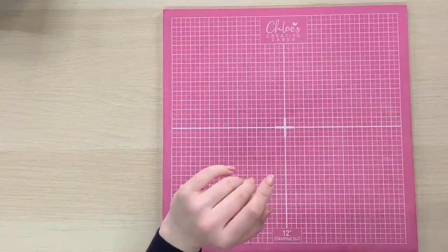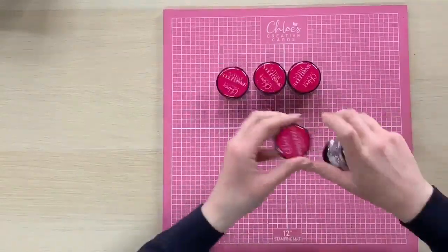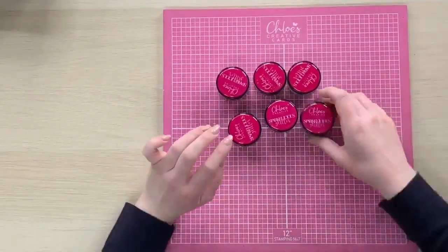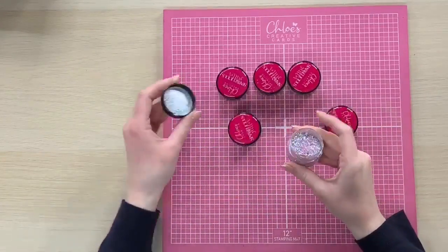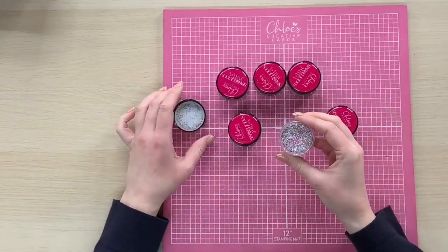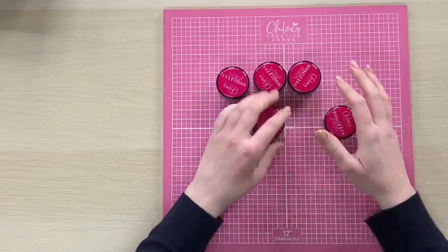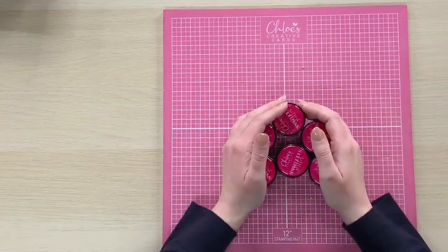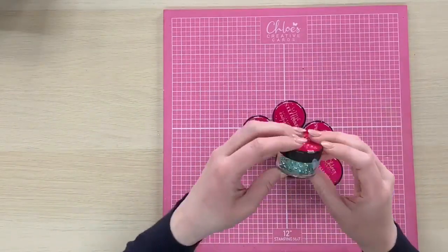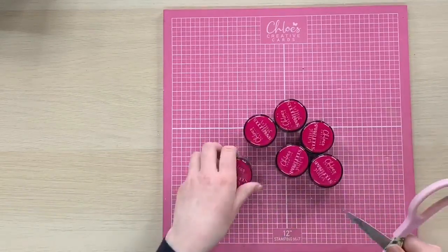So we've then got 6 brand new glitters. Okay, and if I take the lid off these, they are super duper sparkly, as you'd expect from our Sparklicious Glitters. So we've got 6 brand new colours. We do have them in a set if you want to get them all, or you can buy them individually as well. So the first colour that we've got is Turquoise Sparkle,